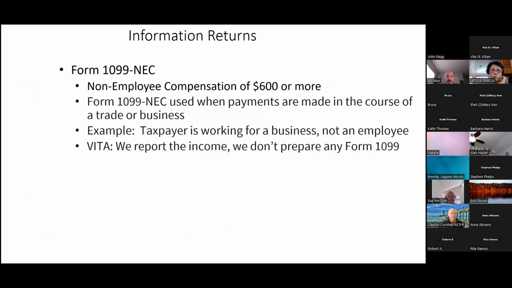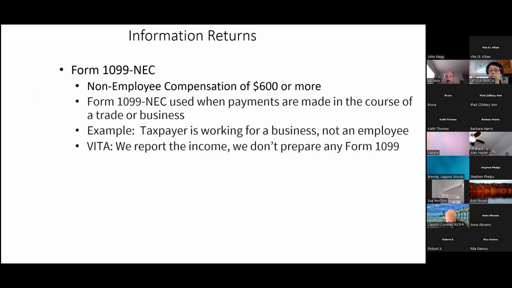And then the 1099 NEC, it stands for non-employee compensation. So what that means is they're not an employee. And there's different terms that are used for non-employees. Some people use the term independent consultant. I use the term self-employed individual because in my studies of taxes over the many years, there's three types of taxpayers. You may be all three. You have wage earners, you have self-employed individuals, and you have investors. I can't think of another type of taxpayer.